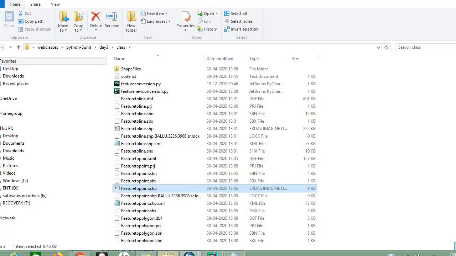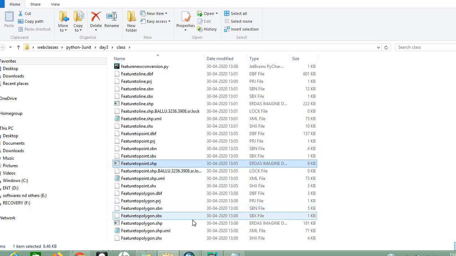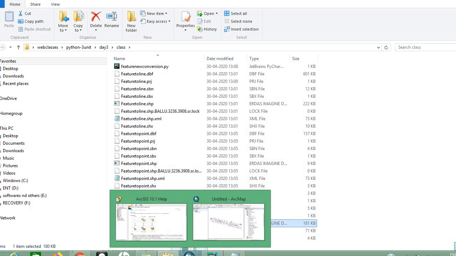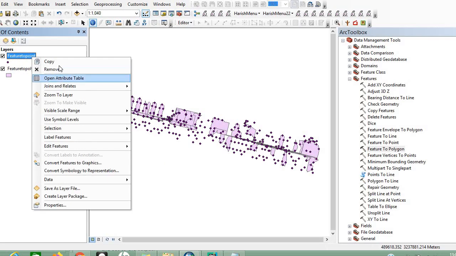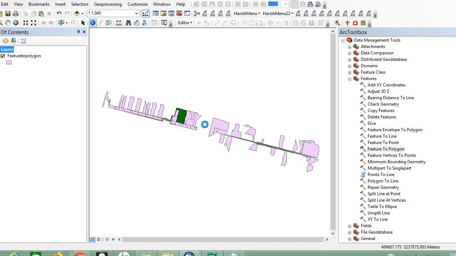Okay, just feature to polygon, load it. Okay, this is the feature to polygon, this is the output.